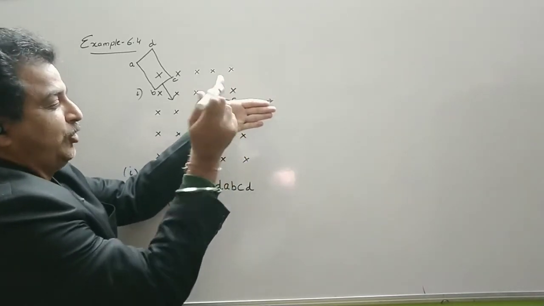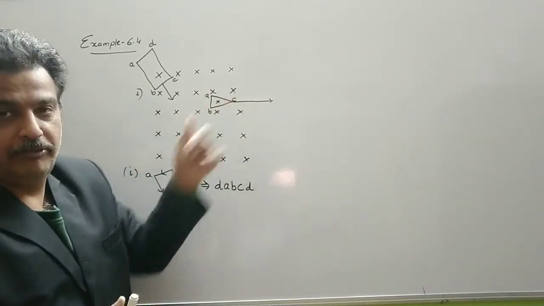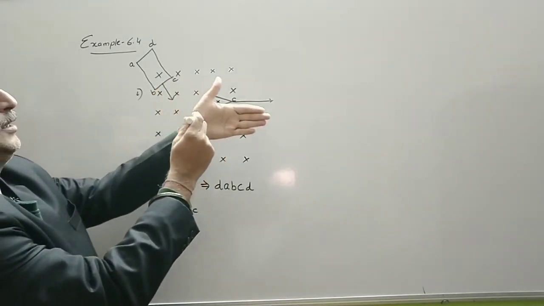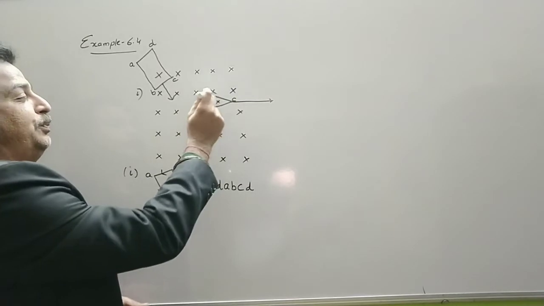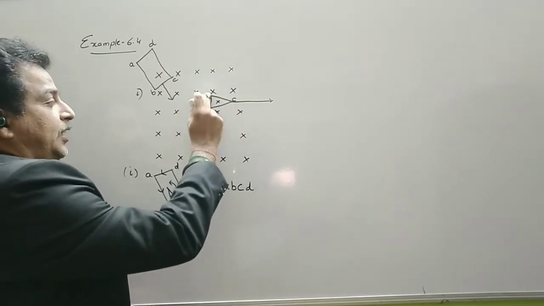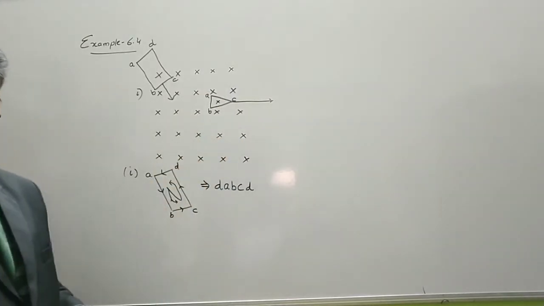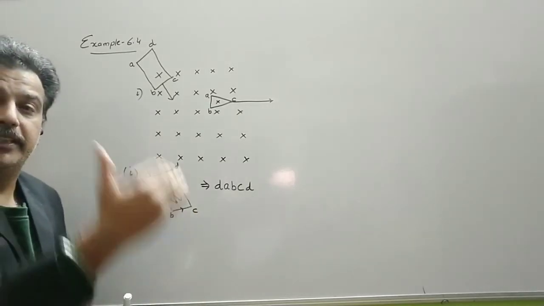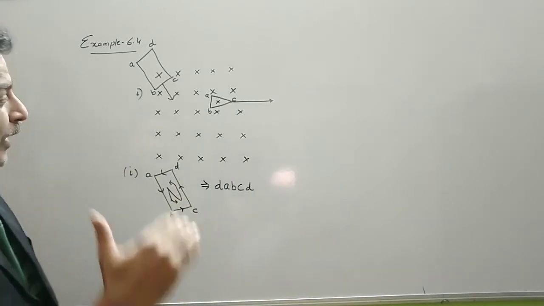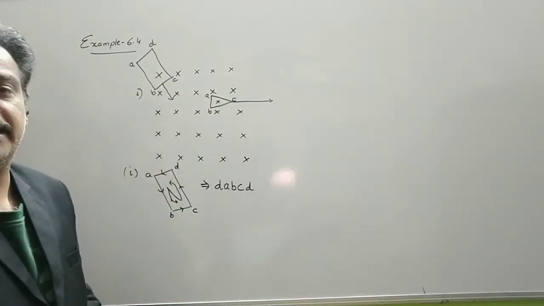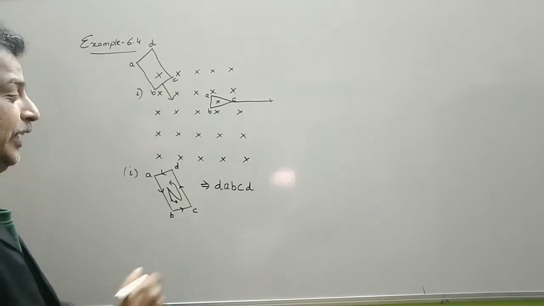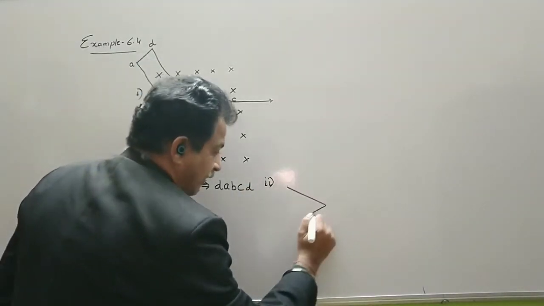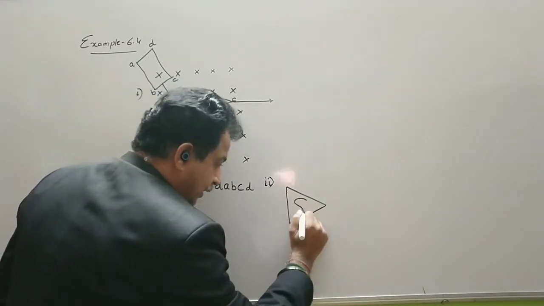So our field lines should go in. So this is going out. Now when it starts going out, the number of field lines passing through this area starts decreasing. It should not decrease. It means the current should be induced in such a way that the number of field lines remain inside. Now it will remain inside only when the face has a south pole, or its polarity is south.